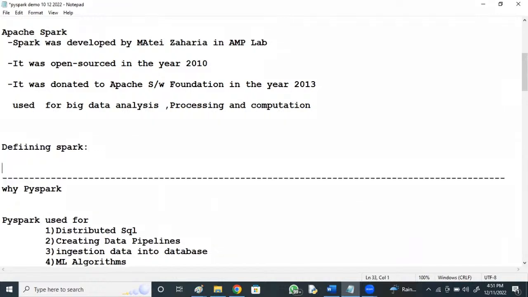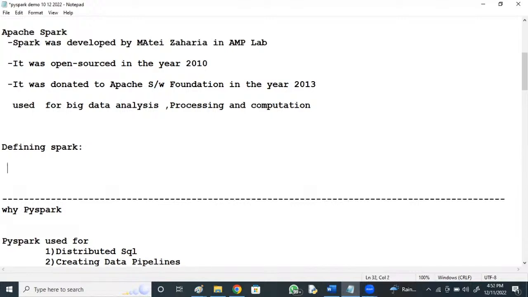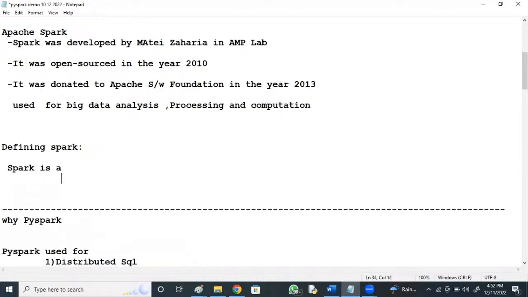I define Spark in 4 to 5 lines. Spark is an open sourced